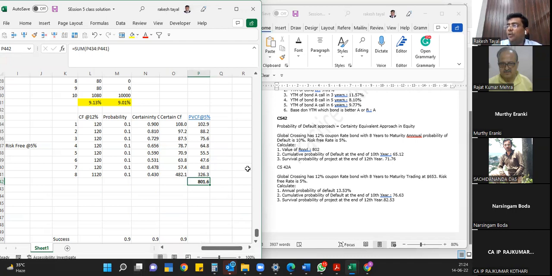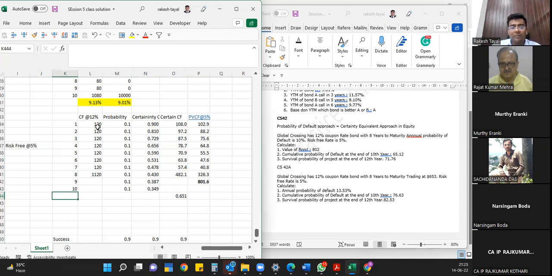801.6 is the value of bond. Cumulative probability of default at the end of 10th year. 9, 10 कुछ नहीं करना है अपने को, 9 और 10 दो बार और 9 से मल्टीप्लाई कर देंगे। और उसने क्या पूछा है? प्रोबेबिलिटी ऑफ डिफॉल्ट एट द एंड ऑफ 10th ईयर। तो ये प्रोबेबिलिटी ऑफ सक्सेस है, तो प्रोबेबिलिटी ऑफ डिफॉल्ट विल बी 1 minus this 0.651,